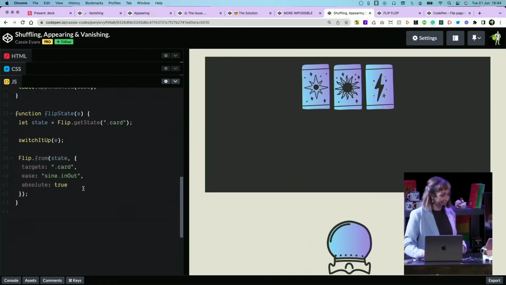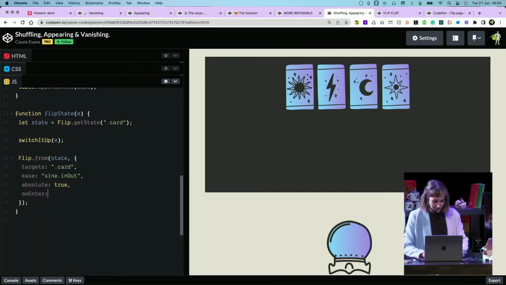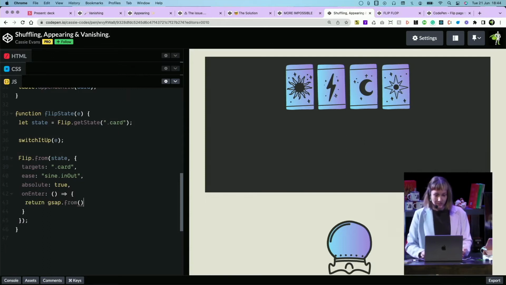So we can do this with callbacks. So we've got some handy callbacks, and you can say, like, onEnter, and then we get to call a little function, and we can say, just use a GSAP tween. So we're going to say from, because we're animating something in. And we are going to target, we need to pass in elements.